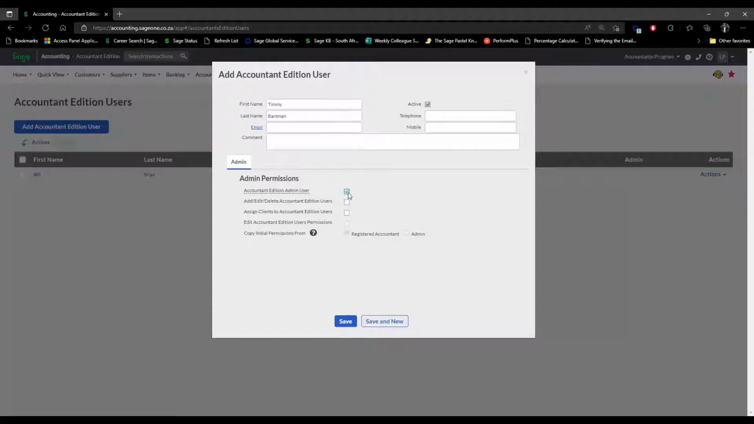But essentially, when you select this option, it gives them access to whichever company you will assign to them. And then on here, it can also give them access to add, delete, or even edit other Accountants Edition users. So if, for example, you want Timmy, who is either your partner or one of your clerks, to have enough access to add additional clerks or additional partners, or edit their information or maybe even delete them,